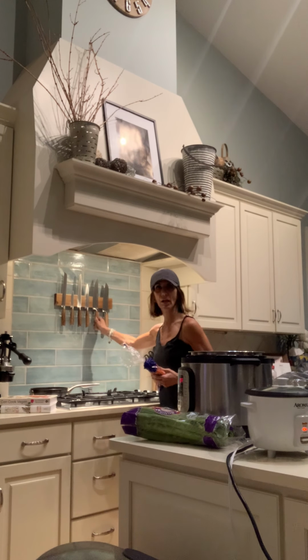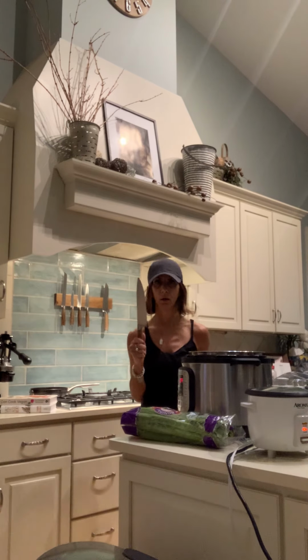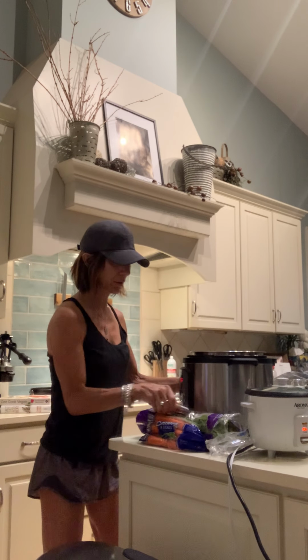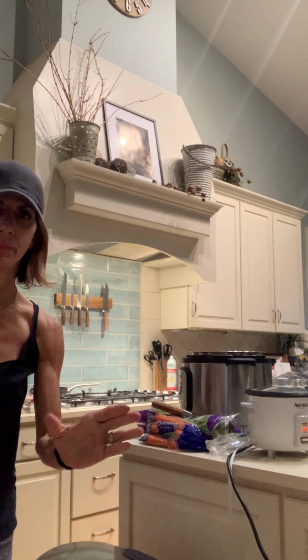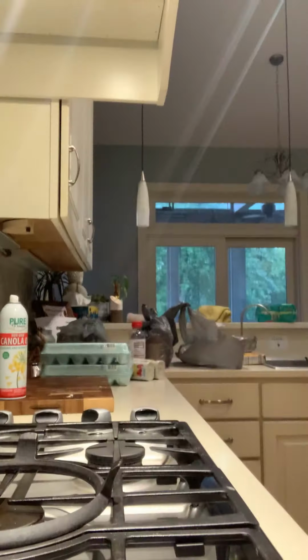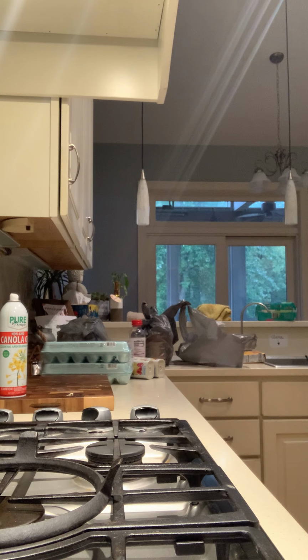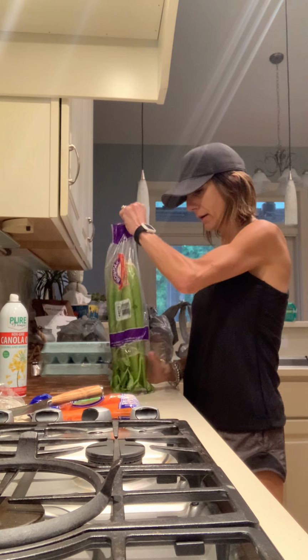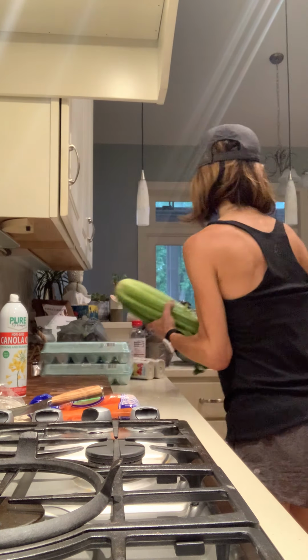Carrots, celery. Check out my new knives. They're amazing. I'm so excited to show you how these work. So, actually I'm gonna bring my camera over here so I can talk to you better. How's this? Perfect. All right, so I am going to chop up my celery and my